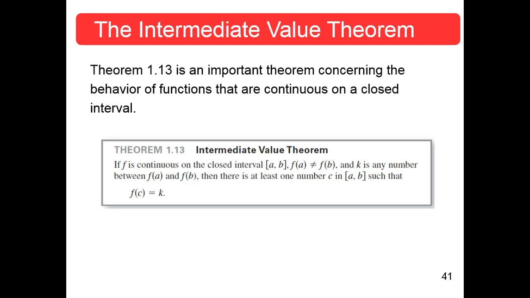So let's say f of a was down here, f of b was up here. Remember, these are on the y-axis. K is some number in between. Not outside of them, in between those two. Remember, f of a and f of b can't be the same, so there's got to be some values in between. Now, then there is at least one number c somewhere between a and b on the x-axis, such that f of c is equal to k. Gotta be, because,